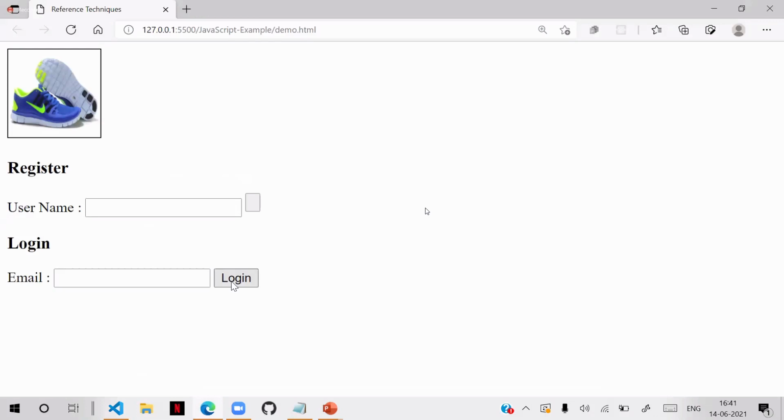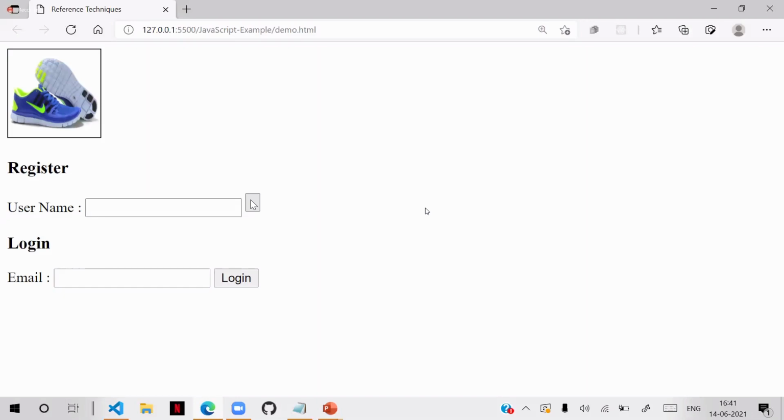Now I want to put the value for register button. Here, register button. Now tell me how to write the value for register button, how to write. Tell the hierarchy now. How to define that?